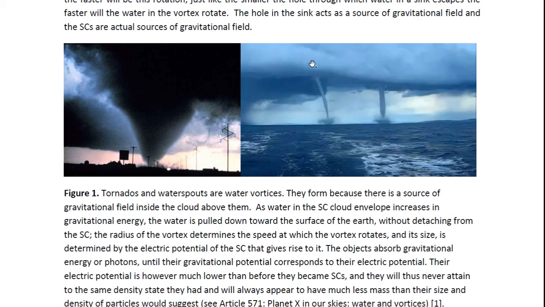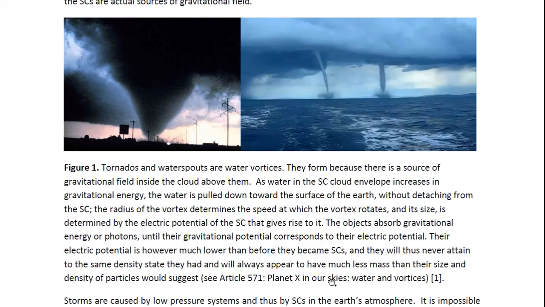So smaller ones have lower electric potential, and therefore they create these smaller vortices. The electric potential is, however, much lower than before they became stellar cores, and they will thus never attain